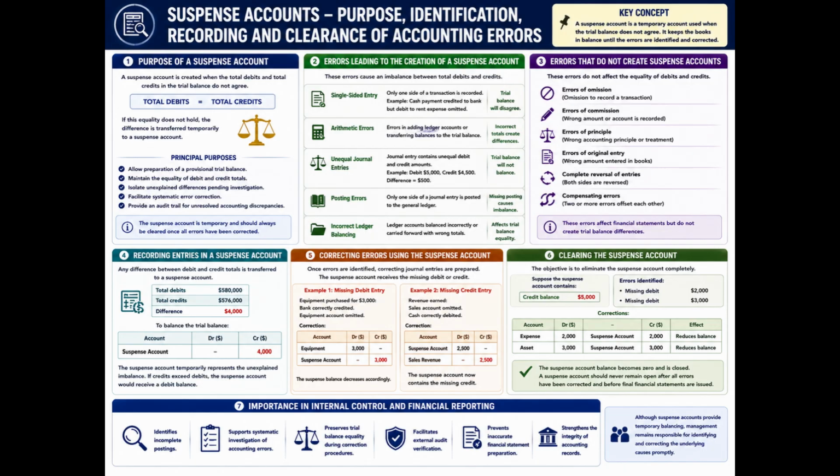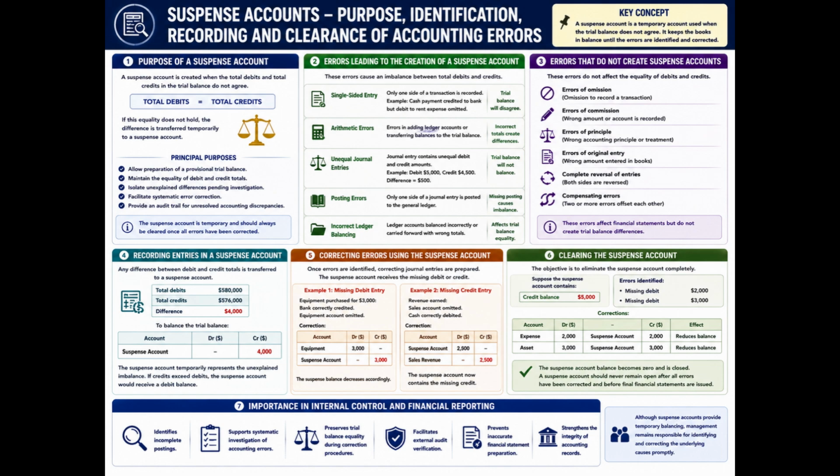1. Purpose of a suspense account. A suspense account is a temporary ledger account created whenever the total debits and total credits in the trial balance do not agree. Under the double-entry bookkeeping system, total debits equals total credits. If this equality does not hold, the difference is transferred temporarily to a suspense account until the underlying errors are